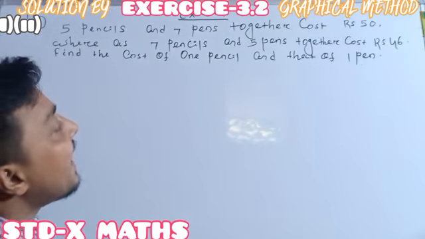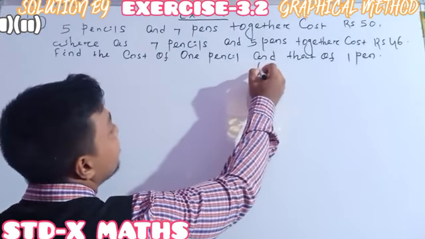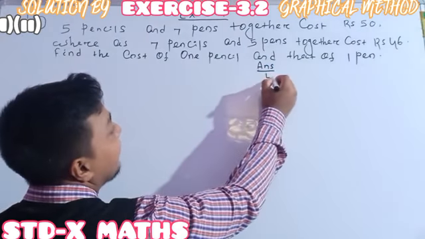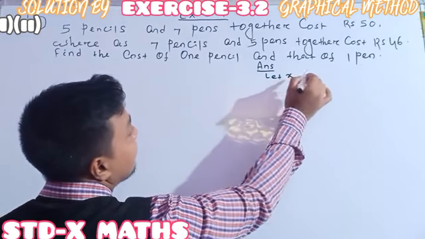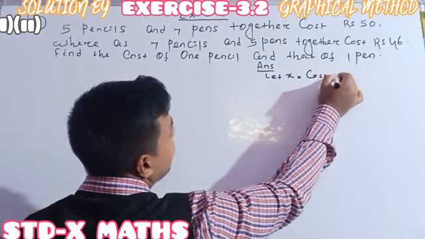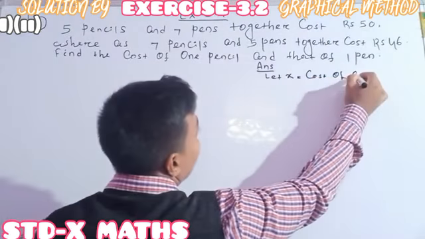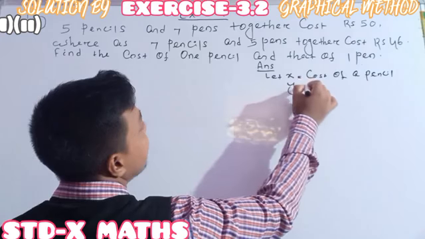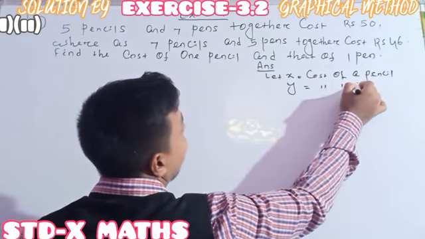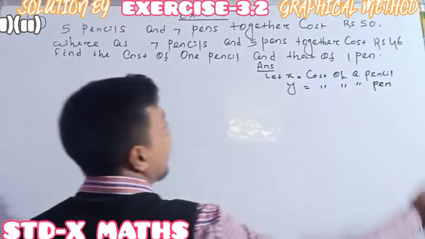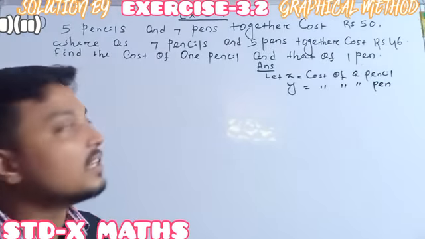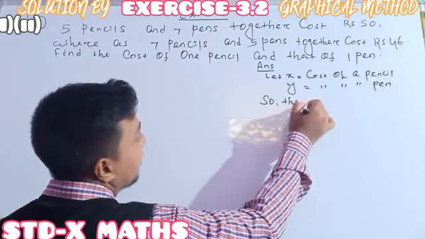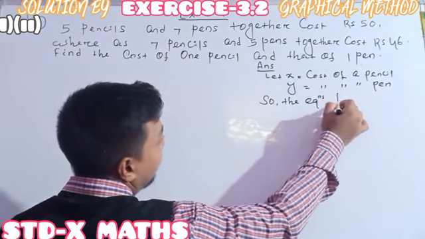While answering, your writing style should be just like this. Whenever you are answering, first you should write: let x equal the cost of a pencil, and y the cost of a pen. Pen cost and pencil cost, ready? So now the equations become,